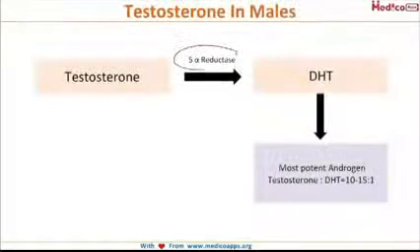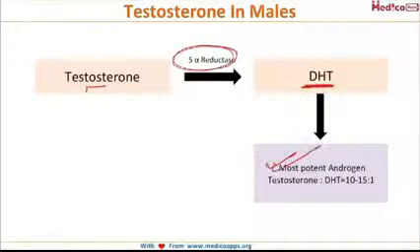It is 5-alpha reductase. This 5-alpha reductase converts testosterone into dihydrotestosterone, which is the most potent androgen. And what is the ratio of testosterone to dihydrotestosterone? It is 10 to 15 is to 1. See, the most potent androgen is less in amount. So, the ratio of testosterone is to